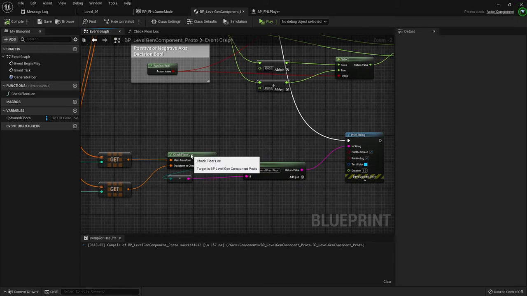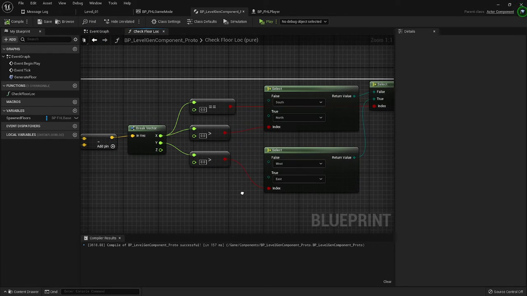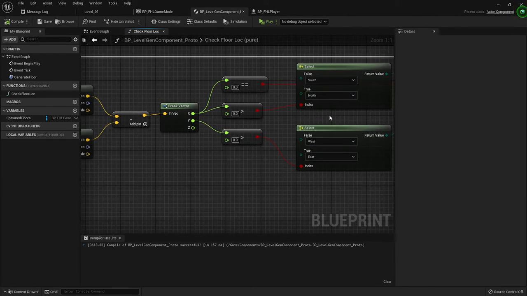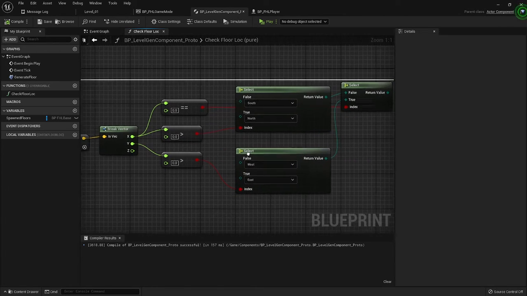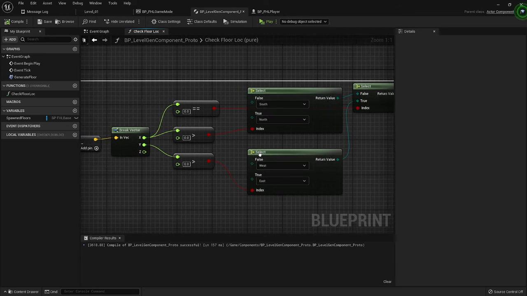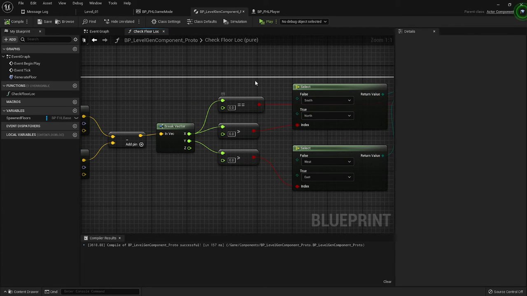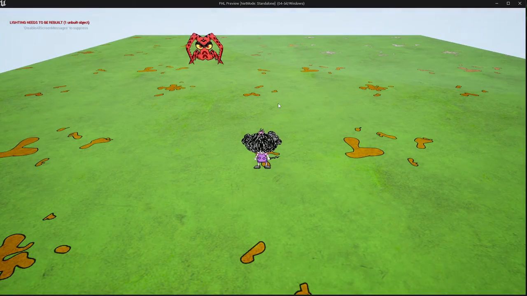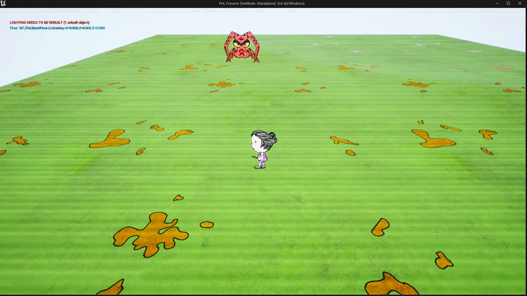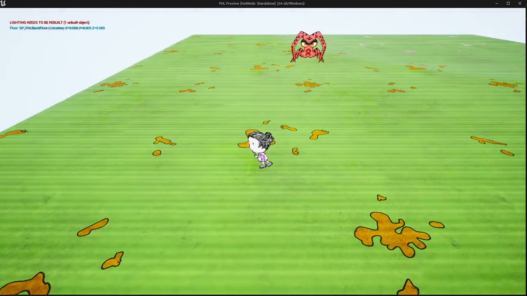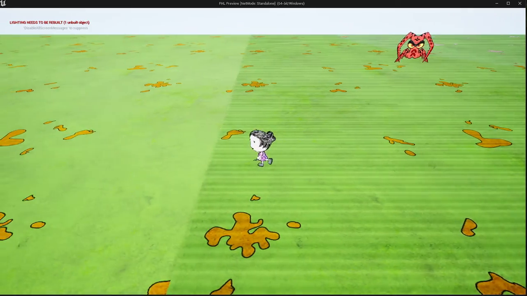Alright, let's see if we have east, west, north, south. So the generation, okay. Again. K, P, K, okay, that's good. If I generate P,